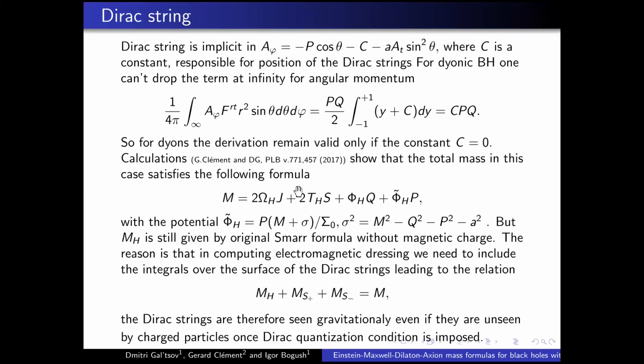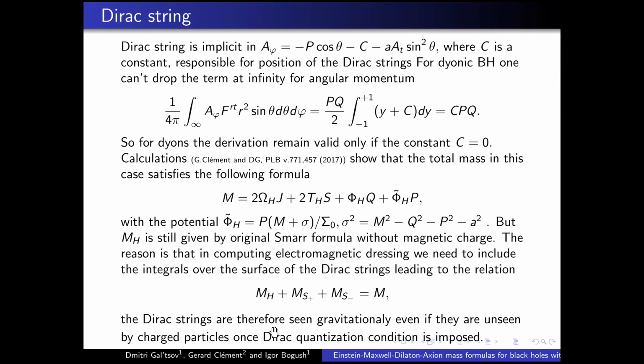Okay. Now about Dirac string, there is a parameter when you introduce the vector potential, and there is a constant which you can manipulate to put the string on the north axis, south axis, or both. So using our formalism, you can prove that the only correct way to do it is C equal to 0. But this is not so complicated. Many people also do this, because otherwise the formulas will be contradictory and they will have divergence.